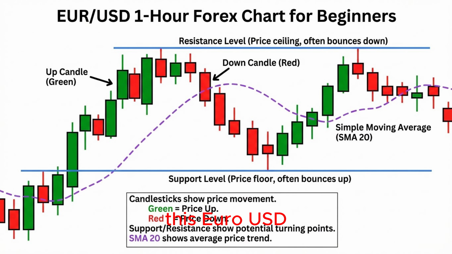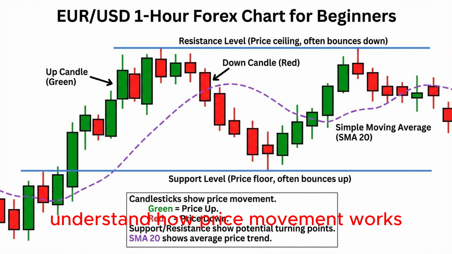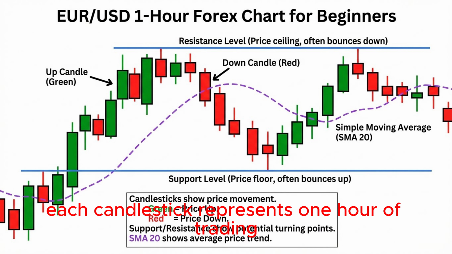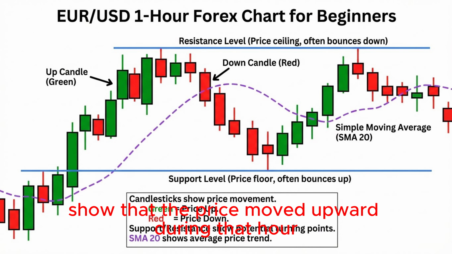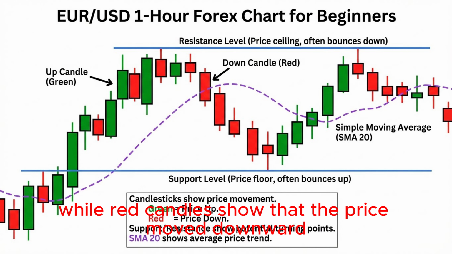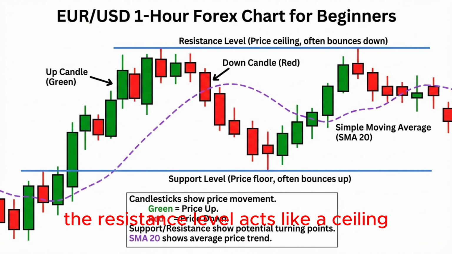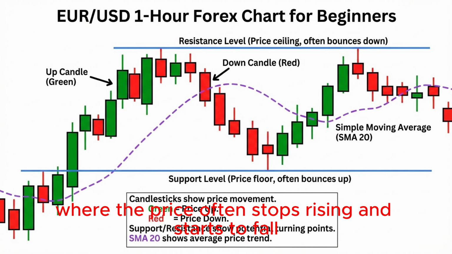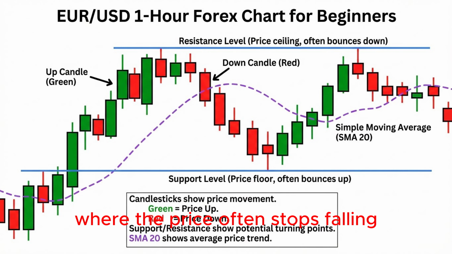This Euro USD 1-hour Forex chart is designed to help beginners understand how price movement works. Each candlestick represents 1 hour of trading. Green candles show that the price moved upward during that hour, while red candles show that the price moved downward. At the top of the chart, the resistance level acts like a ceiling, where the price often stops rising and starts to fall. At the bottom, the support level works like a floor, where the price often stops falling and